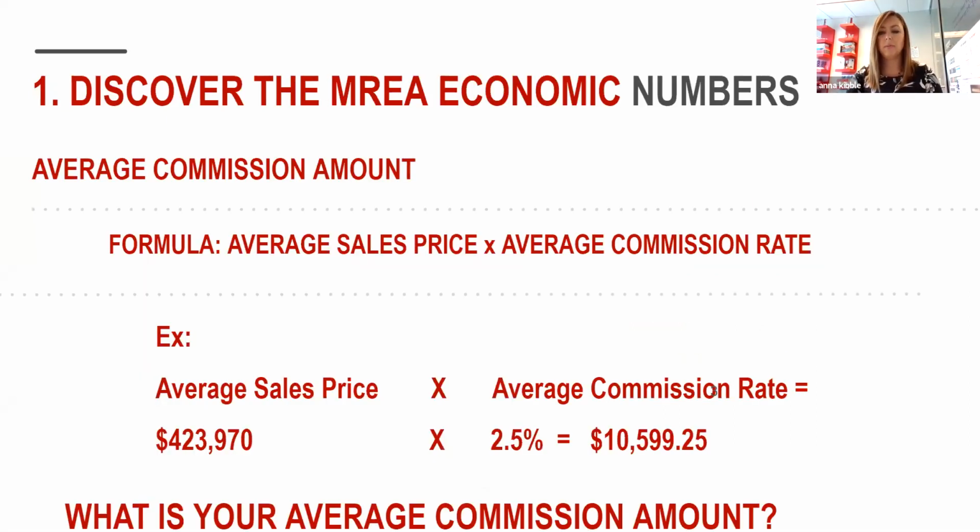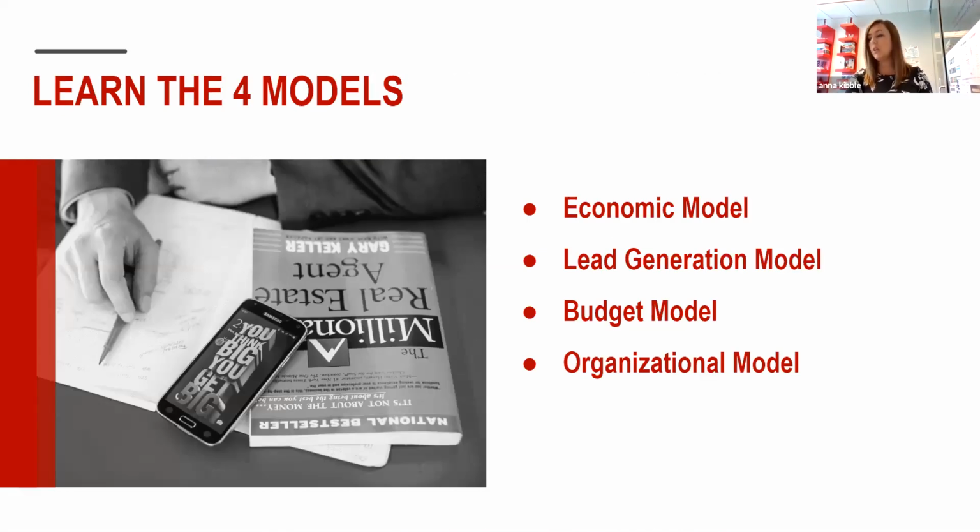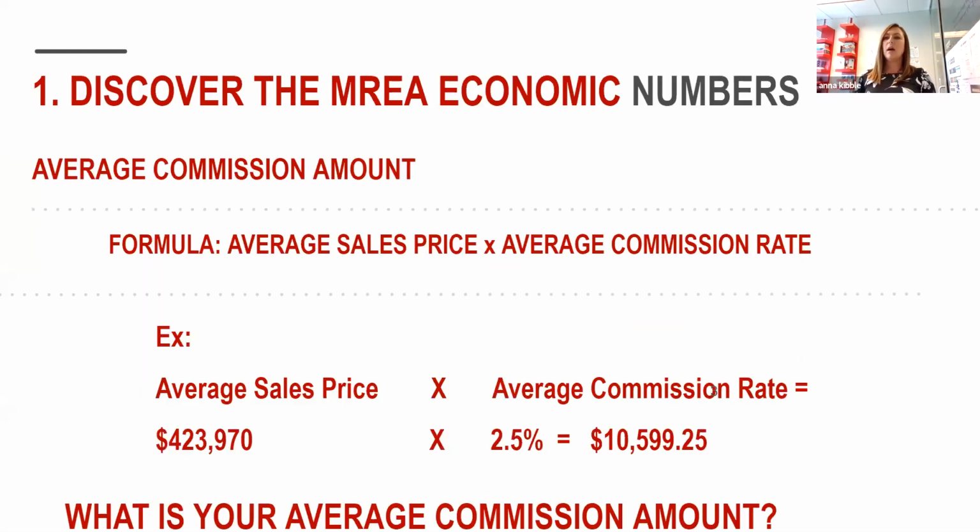All right. Well, let's start with digging into the economic model. The economic model is essentially the compilation of your real estate business, and it boils it down to the number of activities that you need to do to hit your goals. And so we're going to start by looking at the numbers of your business. We're going to start by taking a look at one of the biggest numbers that's going to drive all of this, and this is your average commission rate, or your average commission amount, what on average you earn per transaction.